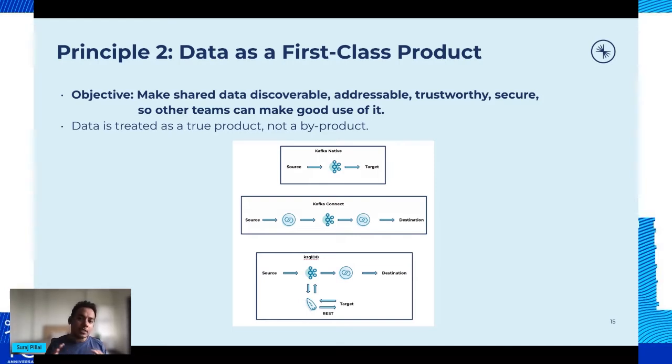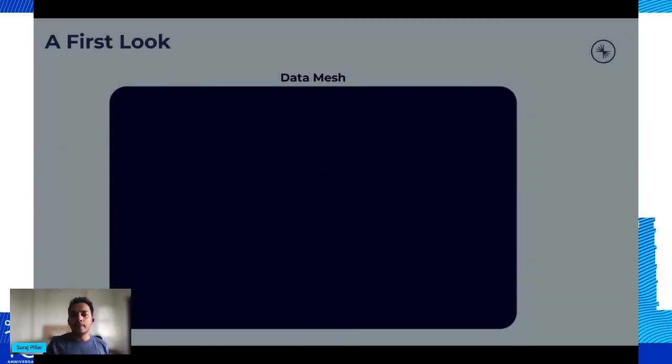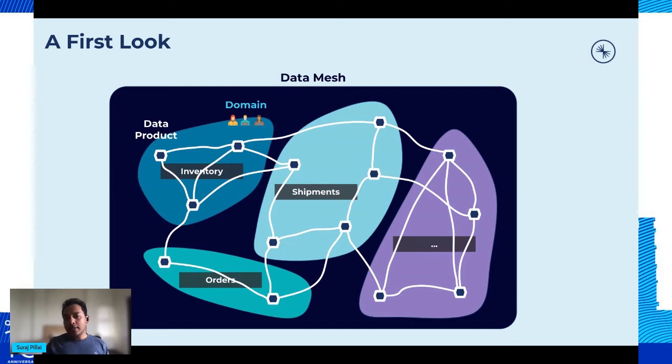The ultimate goal of having this entire approach is for each of these domains to expose the data which they are the owners of, and for the others to be able to consume it. Now, again, we'll go by the previous example wherein we have the data mesh, the different domains and the data products which they are exposing to different domains. Now, how does one expose this data product to